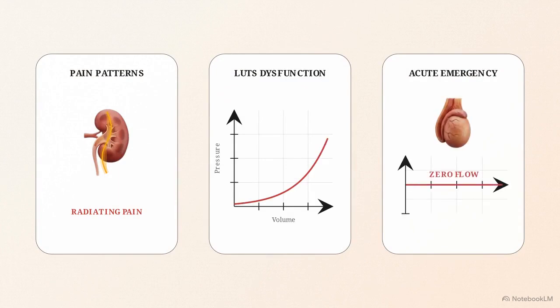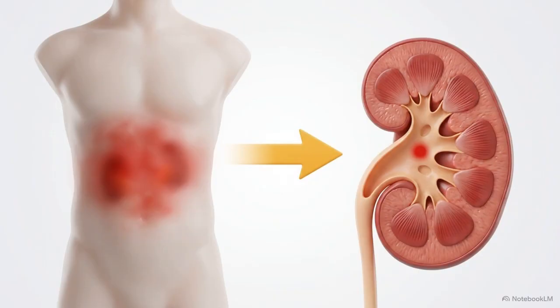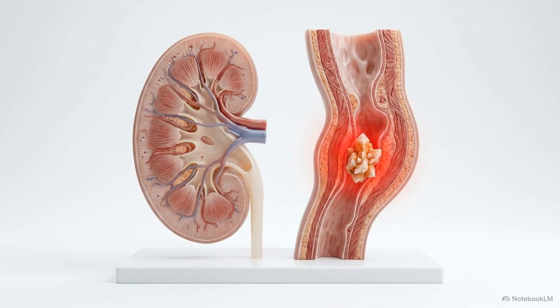to acute emergencies. This matrix will map distinct clinical dichotomies side by side, separating generalized complaints from true anatomical defects. Applying these comparative frameworks allows the clinician to move from a vague patient complaint toward a high-yield diagnostic modality. We begin by breaking down our first clinical dichotomy, distinguishing true renal pain from the often misnamed condition known as